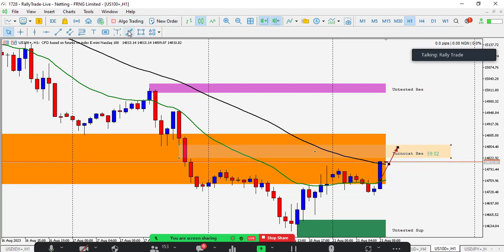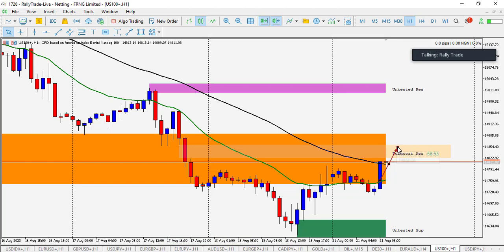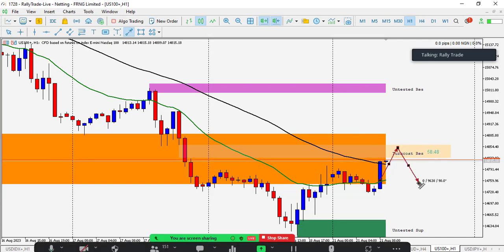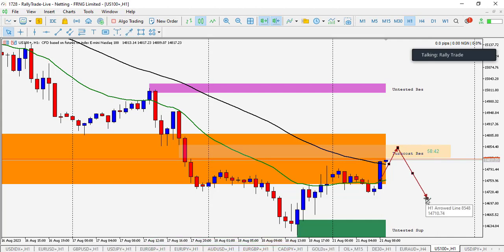If this market fills up this area and turns from here, the way we normally note the turning of the market is what we call a change of character. If you see a change of character, I mean the market starts putting up lower lows towards the downside on a much lower time frame, then the sell might want to continue. But on the H4 time frame, if it closes as bullish, then of course that will signal a very strong movement towards the upside.